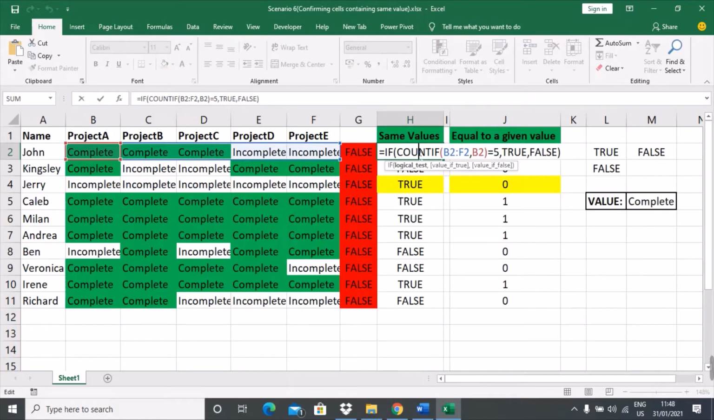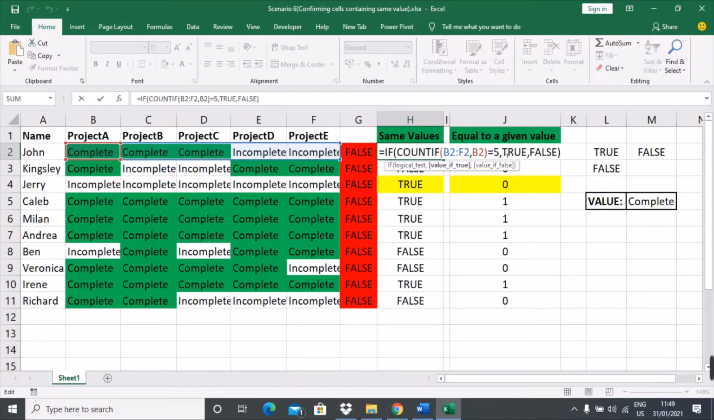The first parameter of the COUNTIF function takes the range of the values to be compared. That's this part. While the second parameter takes the expected value. We then equate it to the count of values in the range. That's the count of values. If it's supposed to be 5 or 6 or 7, in this case it's 5 projects, so it's equal to 5. Then the IF statement plays its part,